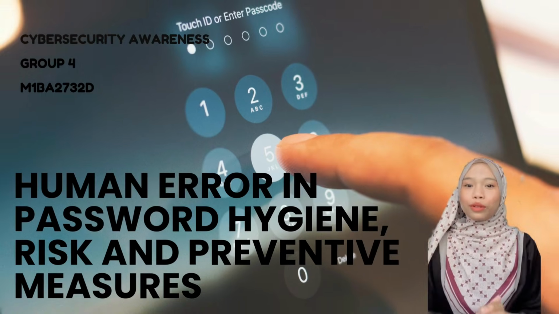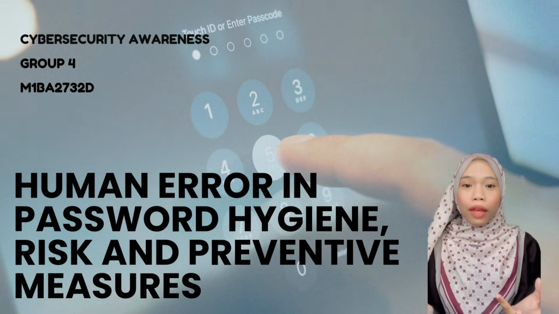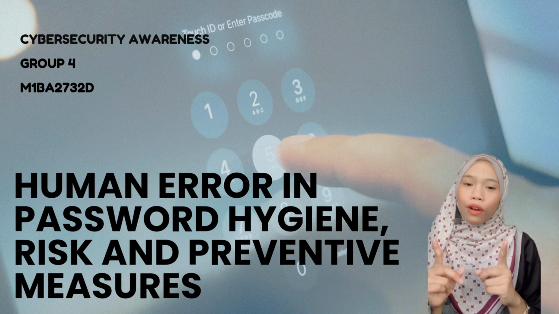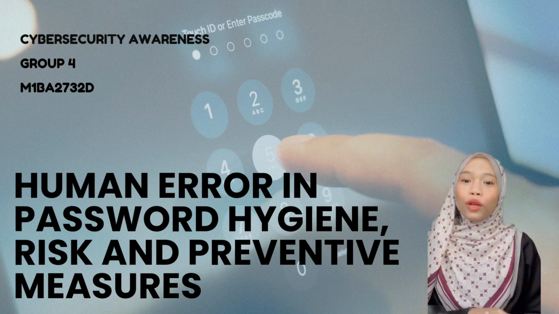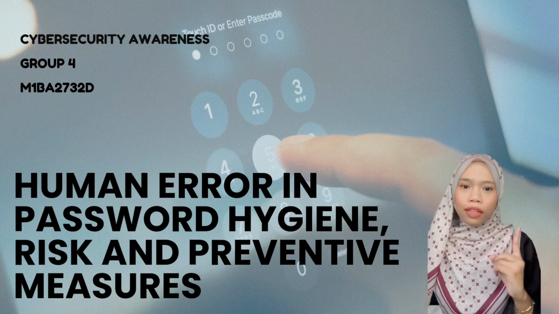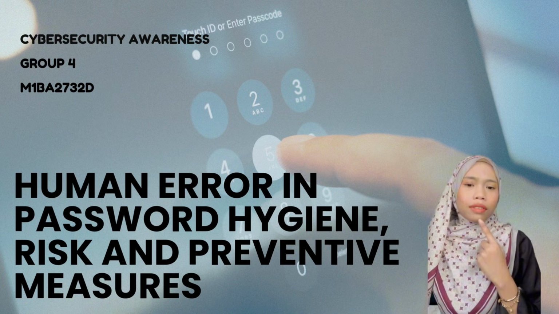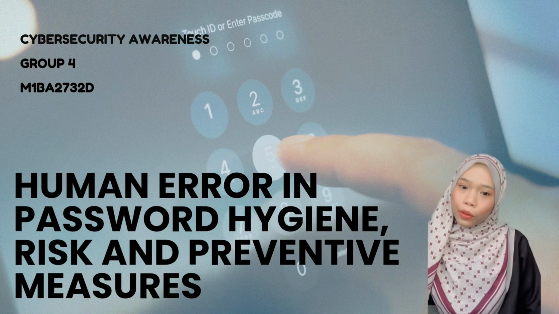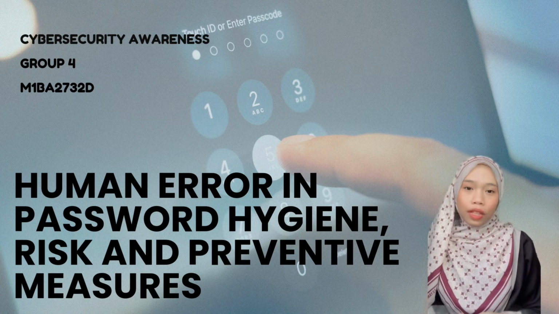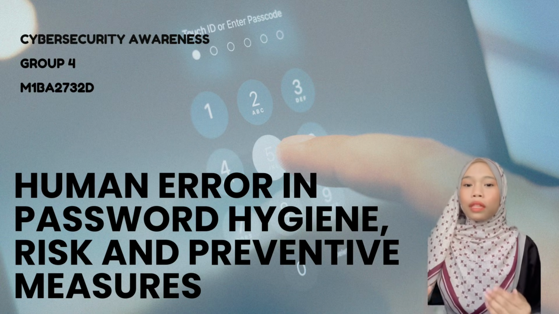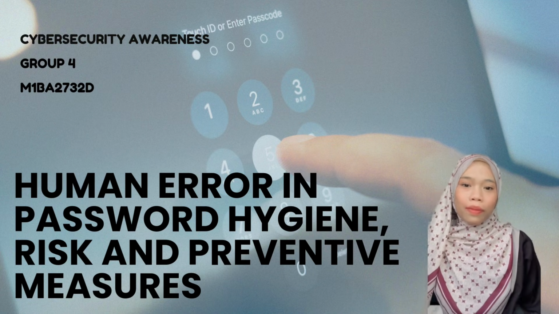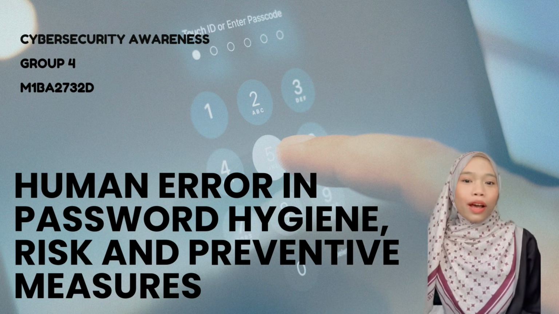Hi everyone, I'm sure you remember the video you watched earlier where you might have clicked the wrong link, right? That's just a small example of how mistakes can happen and affect our online safety. Today, we are going to talk about how human errors in password hygiene can cause a problem. Passwords are the first thing that protect our important information, but sometimes we make a mistake like using the same password or using a weak password, which can lead to security problems. In this presentation, we look at the risk of these mistakes, how they can lead to cyber attacks, and most importantly, what we can do to prevent them. Let's get started and learn how we can protect ourselves better.